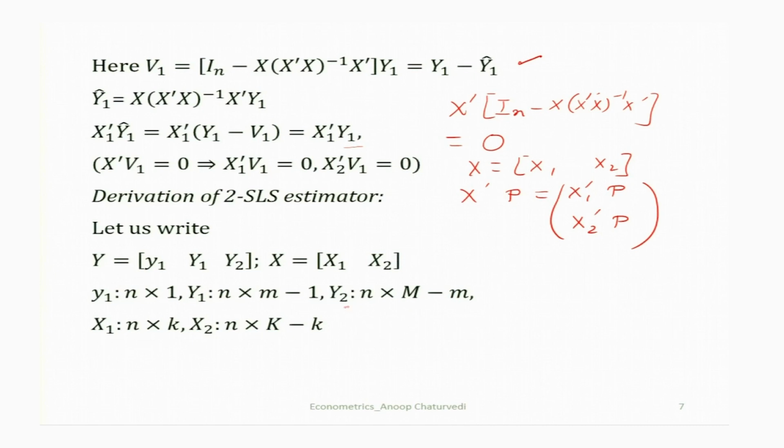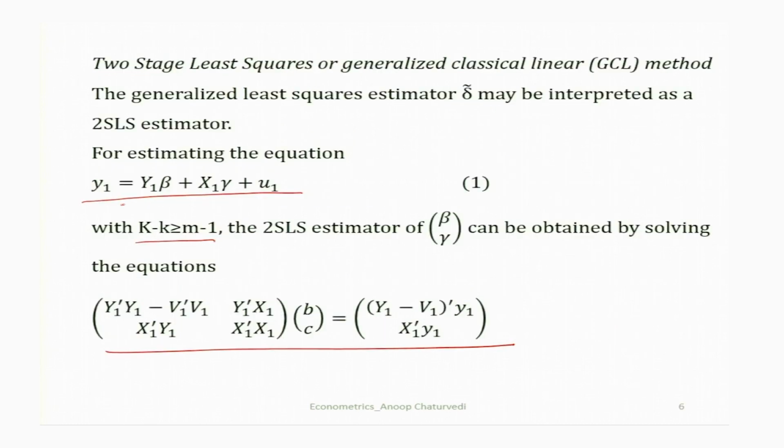So, this capital Y 2 includes the endogenous variables which are not included in this particular equation. Your equation is y 1 equal to y 1 beta plus x 1 gamma plus say u. This is your equation,